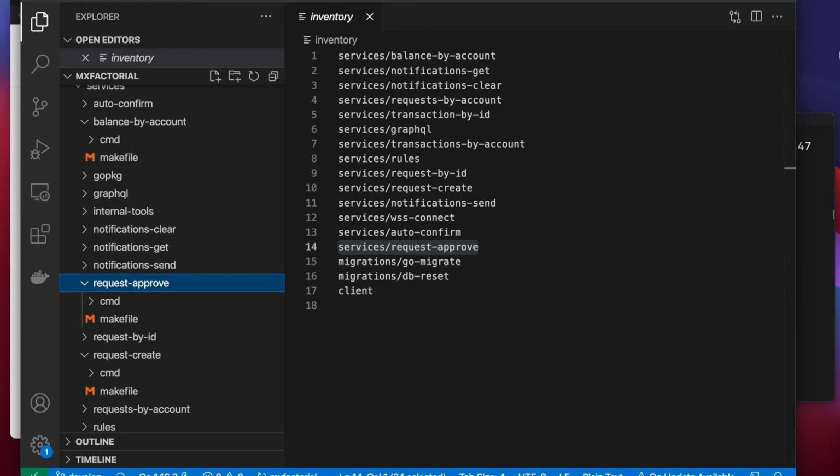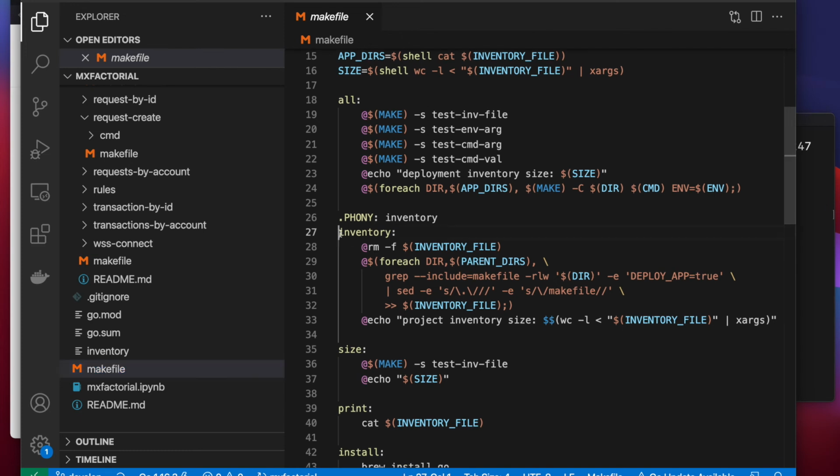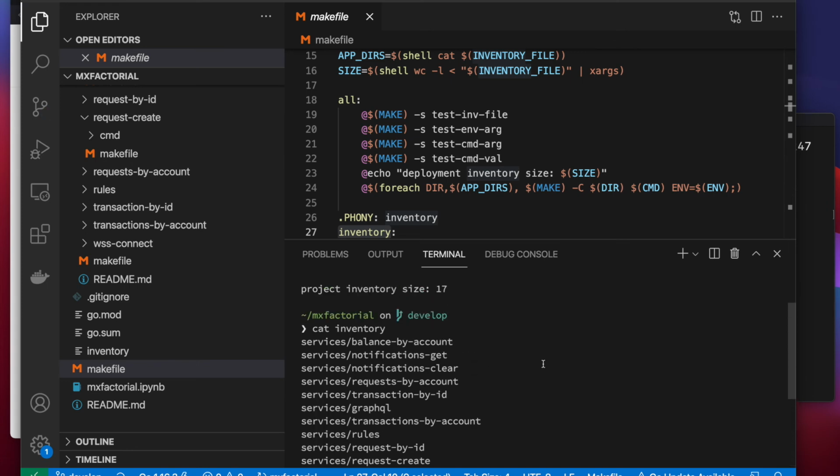You may generate this inventory file anytime you please by issuing the make inventory command from the project root. Just open a terminal, we'll use the one supplied with the editor, and issue the make inventory command. The inventory file was regenerated without change. A line count is showing you how long your inventory is. This command just looks for project JSON files with the deploy property assigned to true. You can also cat the inventory from the terminal if you want.